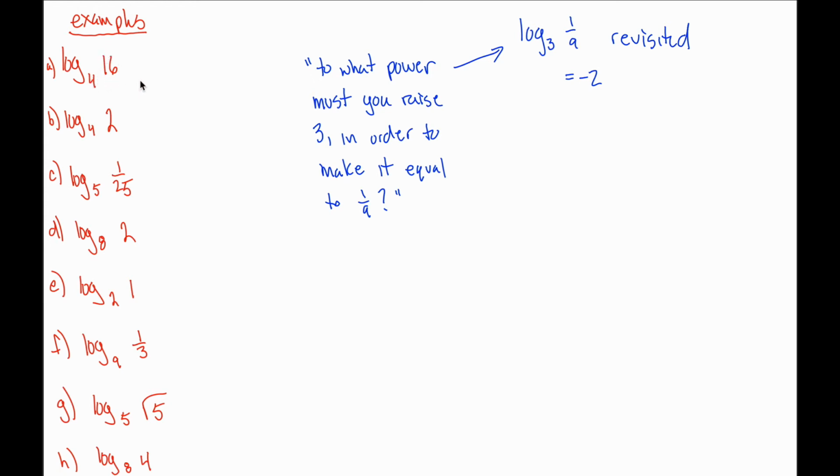Well, 4 to the second power equals 16, so the log base 4 of 16 is just equal to 2. What power do you have to raise this 4 up to make it equal to 2? That's a little bit less obvious, right? I don't think it's really easy to tell what you raise 4 up to make it equal to 2, but